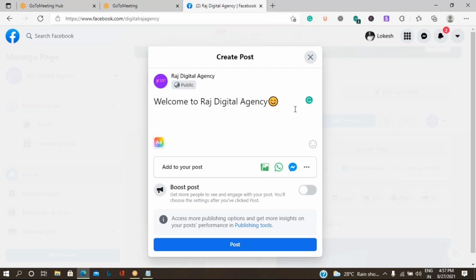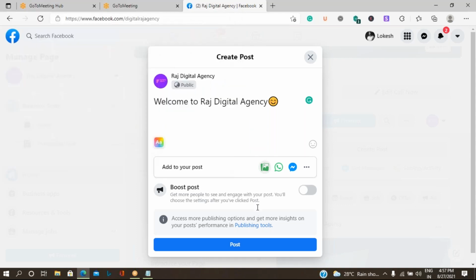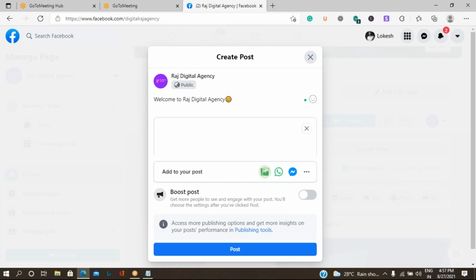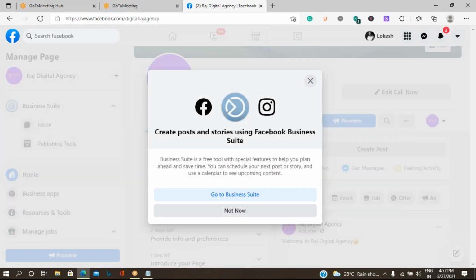Okay, so let me not just add only the text, let me add the image also. And click on post option. So it takes a minute to accept it.